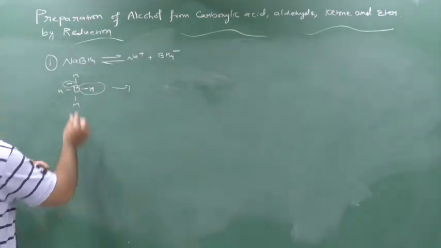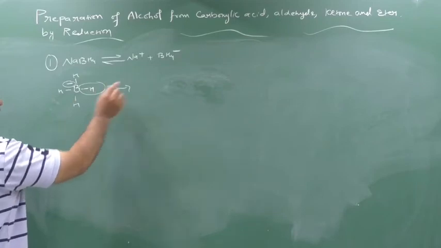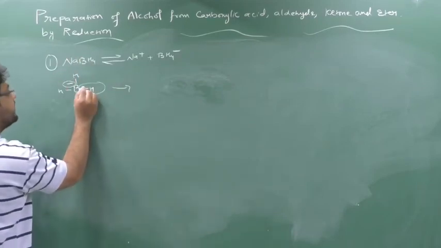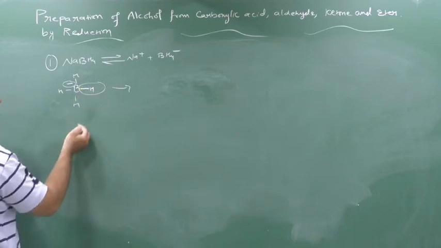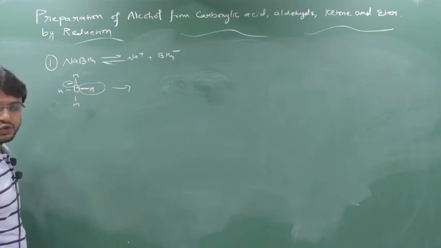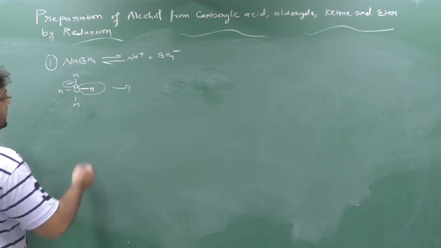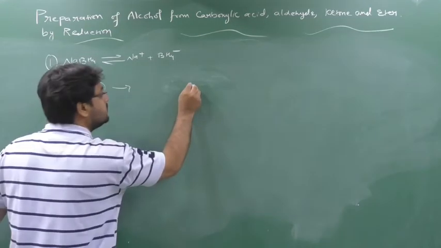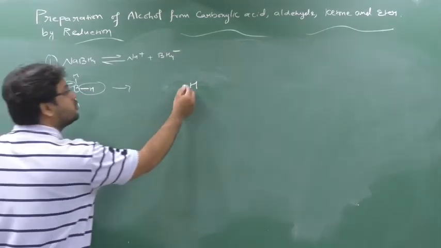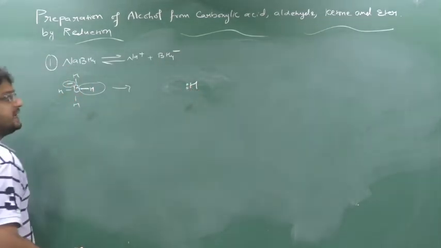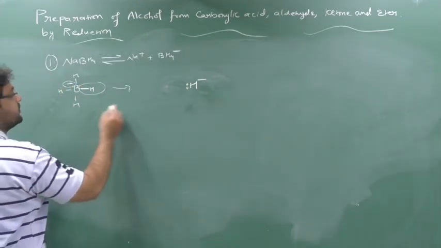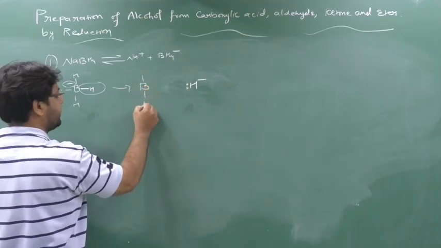Why H minus? Understand. This H will go by taking its electron which it has donated to boron. So this bond will break, and in one bond how many electrons are there, student? In one bond 2 electrons are there. So this bond will be taken by this hydrogen. The bond contains 2 electrons, and the one who gains the electron gets a negative charge. So this negative charge will be removed from this boron. So now boron is free.